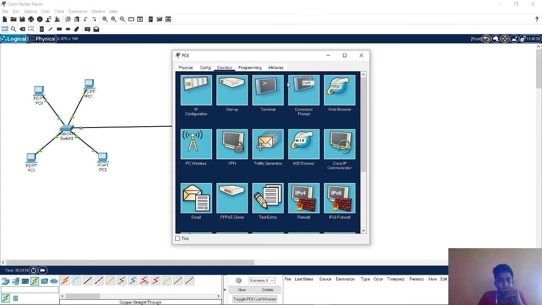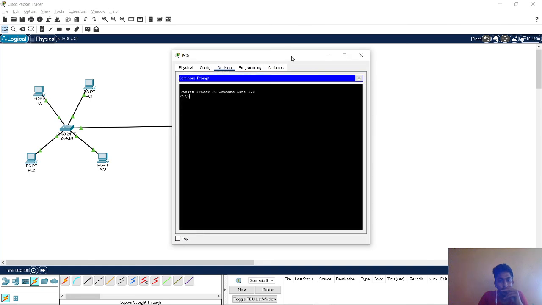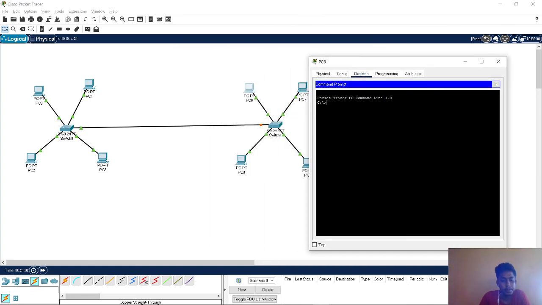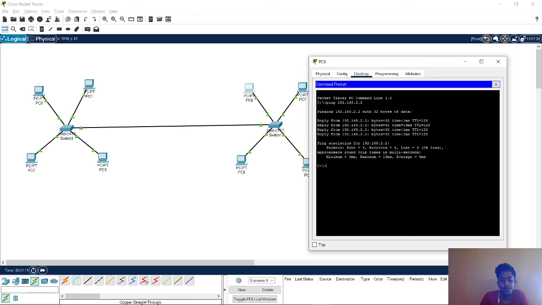Now if you try to communicate with the PC in the same VLAN, ping 192.168.2.2, the second PC, it will be communicated successfully. But if you give the IP address of a PC in a different VLAN, 192.168.2.3, it will not be communicated.